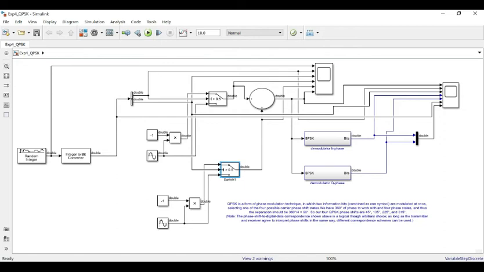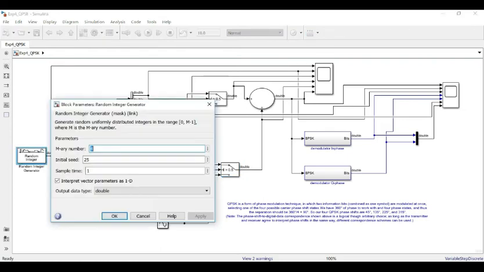Before executing this experiment, I should say something about this particular phase shift to digital data correspondence we are using here: we assume that the transmitter and the receiver agree to interpret phase shifts in the same way. So we have a random generator here with the help of M-ary concepts. We are going to have four different M-ary numbers, ranging from 0 to M minus 1, so 4 minus 1, you're going to have 3 as the maximum,